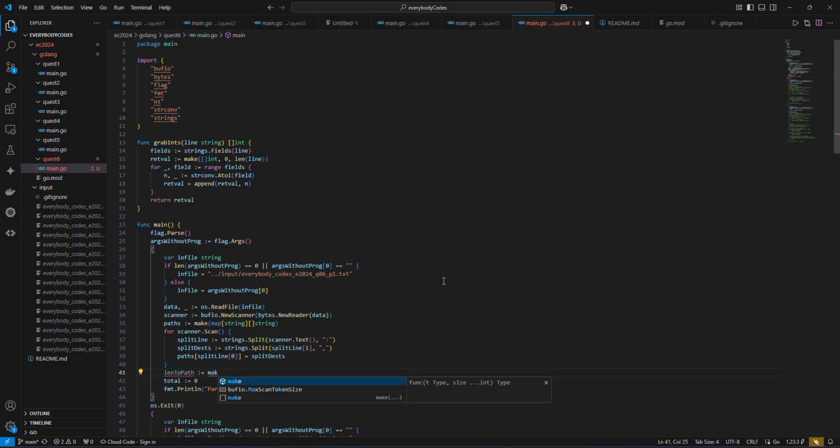Make map int string, and then what do? We start with RR and then we just split out. So actually let's do this. Let's not call grab ints. Let's do func